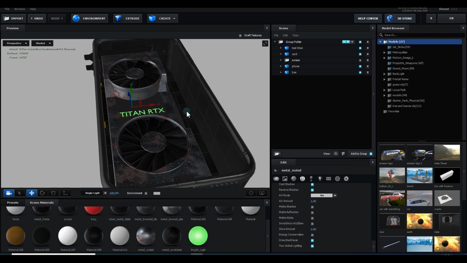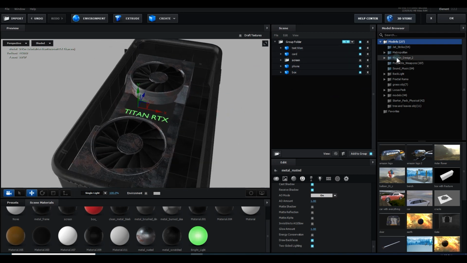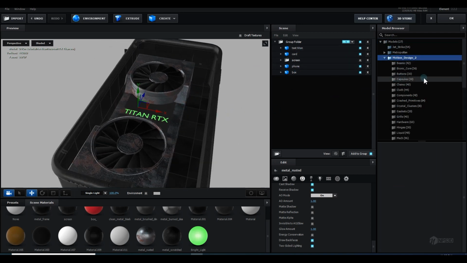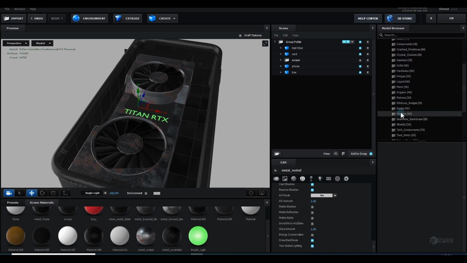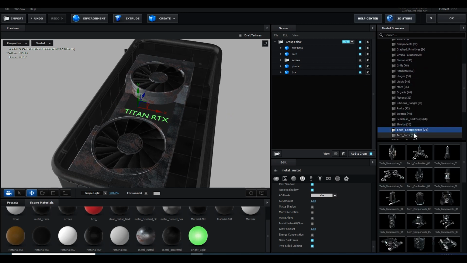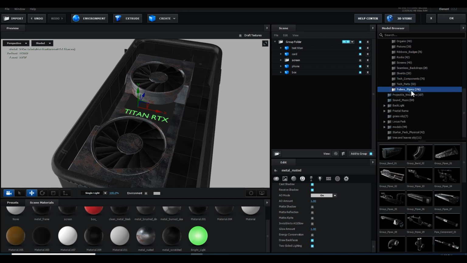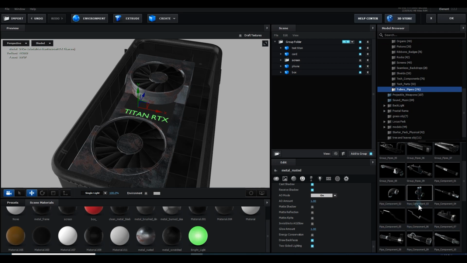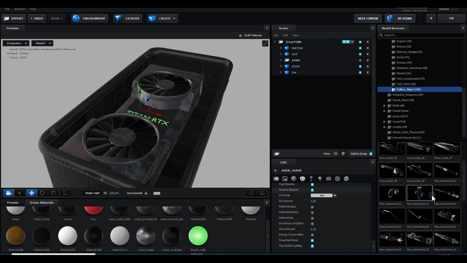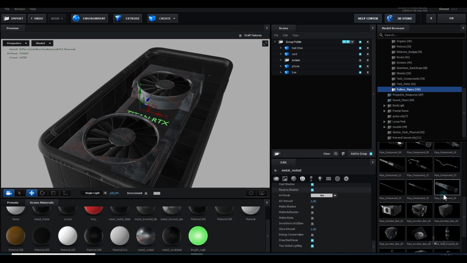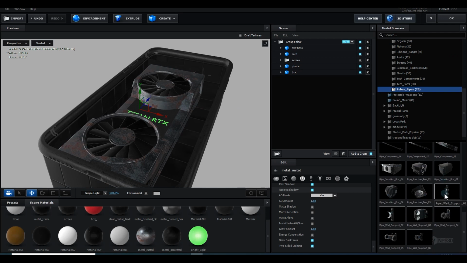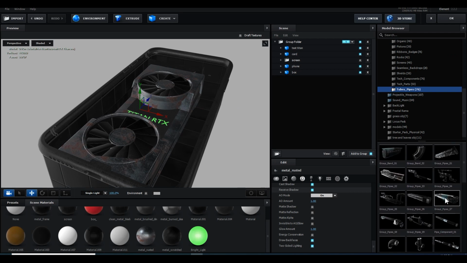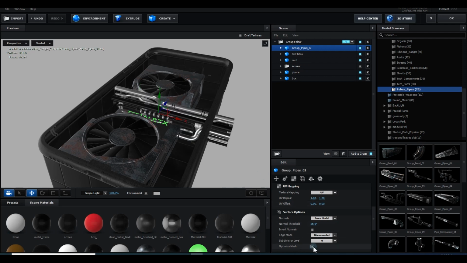So everything is good. Now let's install a cooler for our RTX card. So go to the motion design 2, and there are tech components, and there is a tube pipe. So let me install the cooler. So here is a tech tube pipes, and I will just simply pick any cooler like this one.